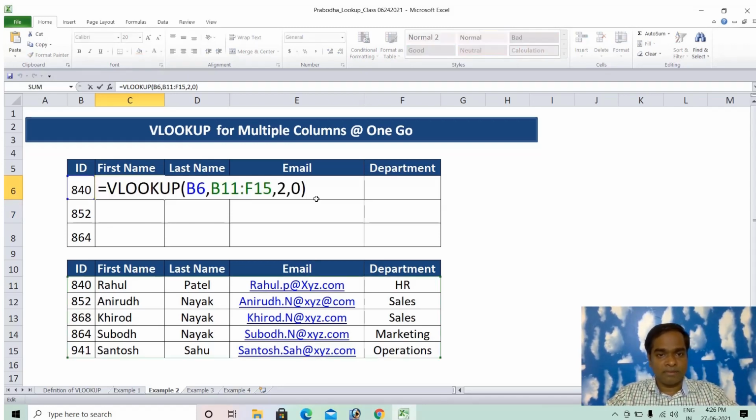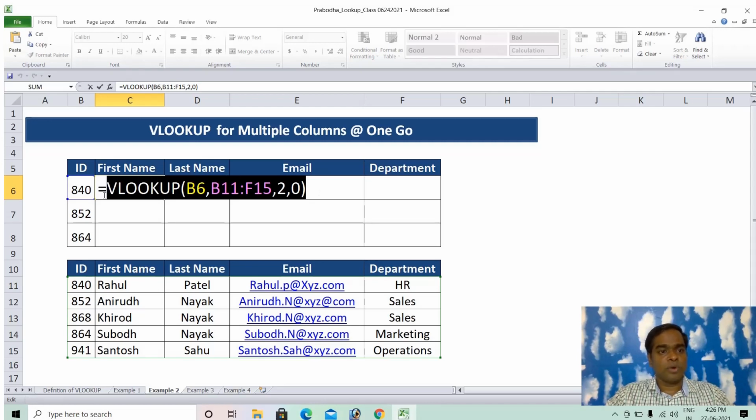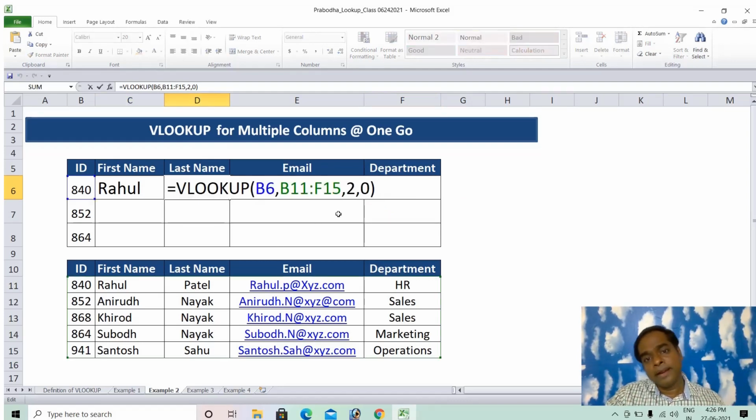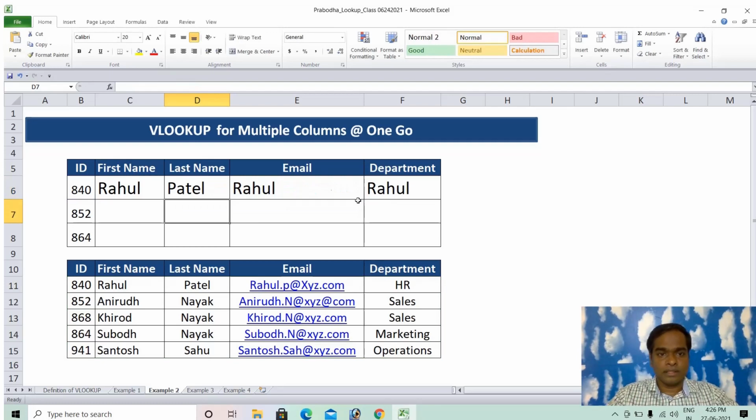So closing the bracket, I'm getting the first name now. Probably I would like to apply this to the other columns. So I have to copy this formula and paste it across the cells. Then I have to go manually changing this column index number. Instead of 2, I have to make it 3. So enter, then I'm going again for that.